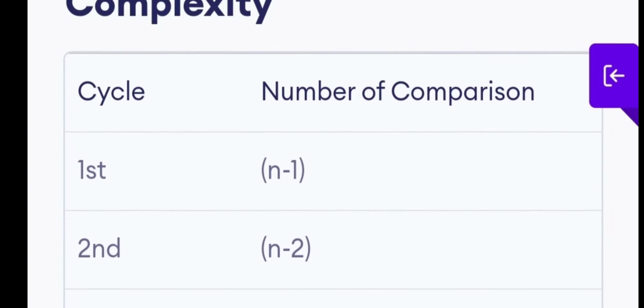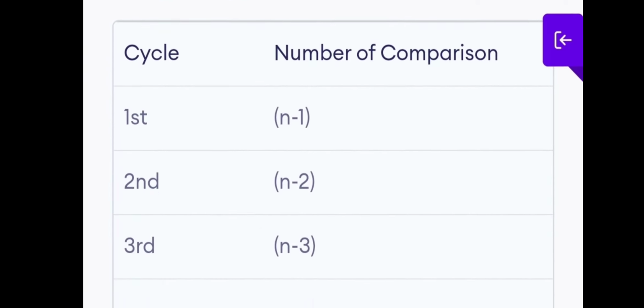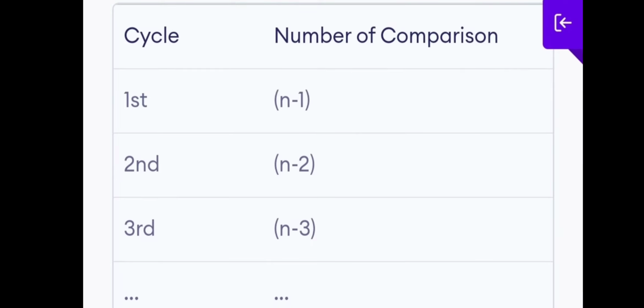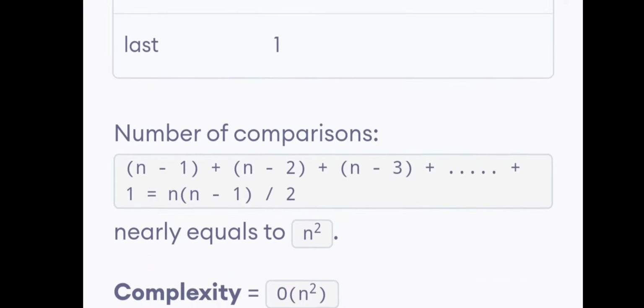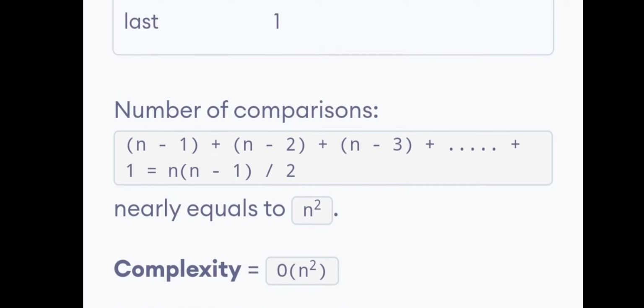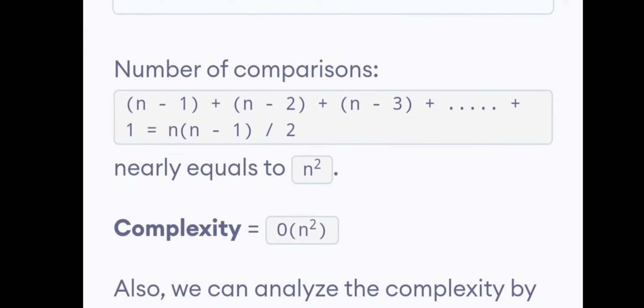And then go with the complexity. First iteration n minus 1 times, second iteration n minus 2 times, third iteration n minus 3 times, up to the last iteration 1 time. Number of comparisons is n minus 1 plus n minus 2 plus n minus 3 up to 1, which we can write as n into n minus 1 by 2, nearly equal to n square.